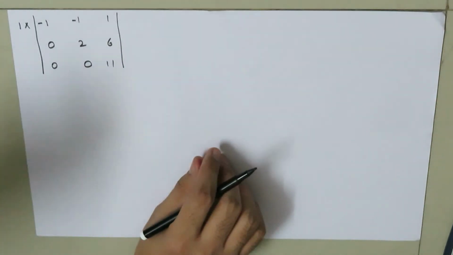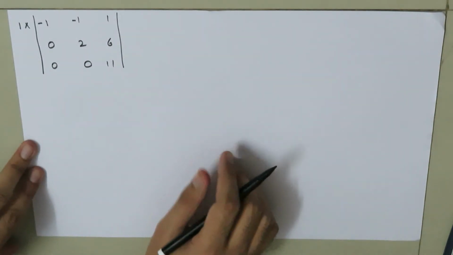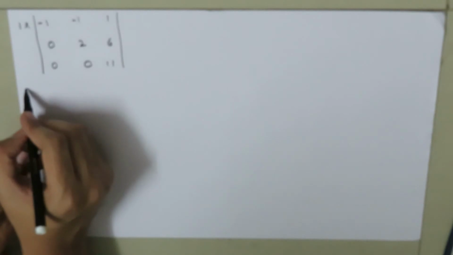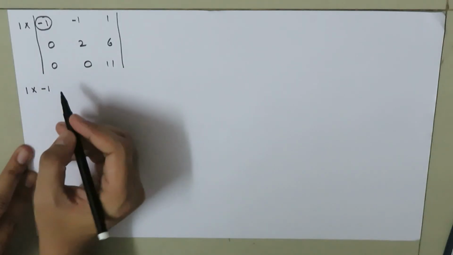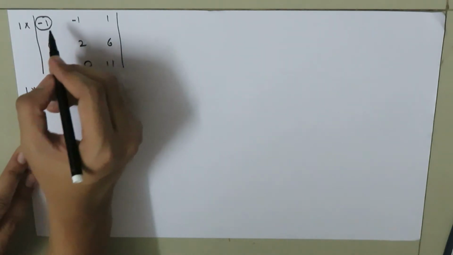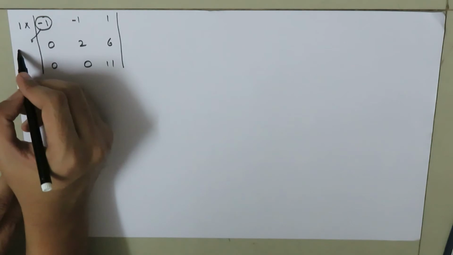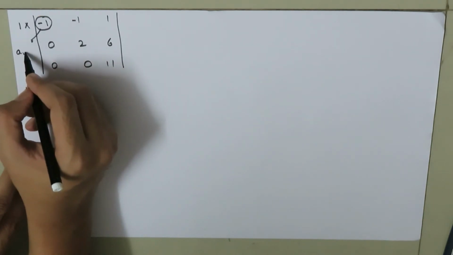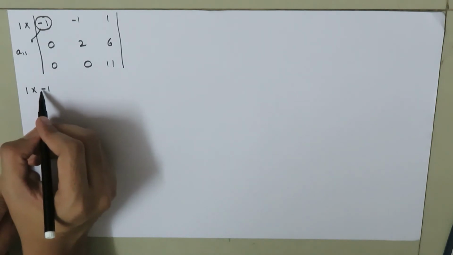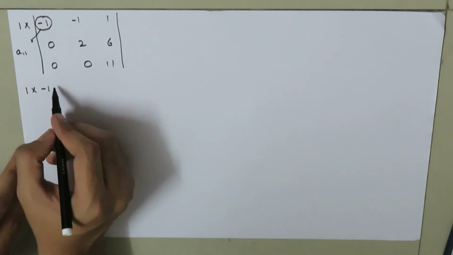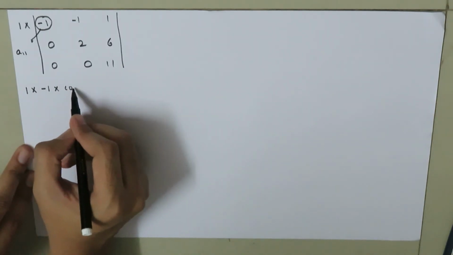So we came up with this determinant, and now we can write that 1 multiplied by this, we are going to take outside the bracket, so this is -1, and as it is first row and first element, we are going to multiply this with the positive sign, so positive times negative will again be negative, so this will be multiplied by the cofactors